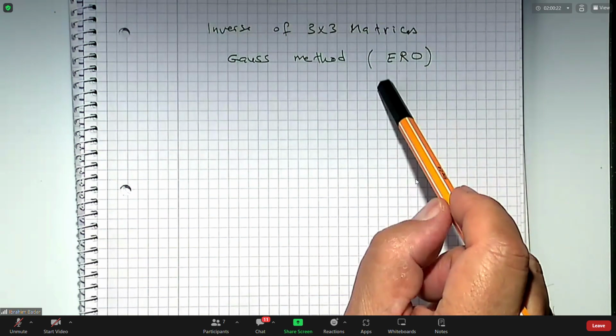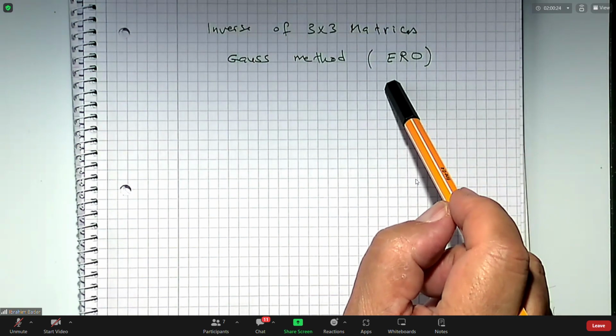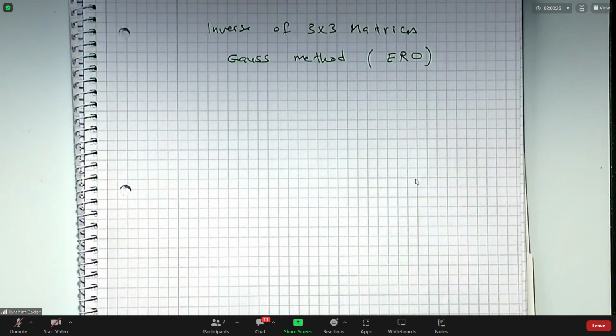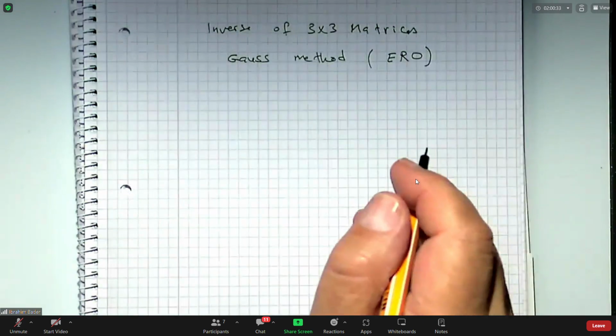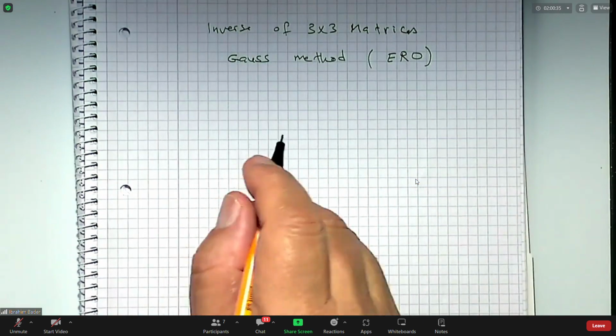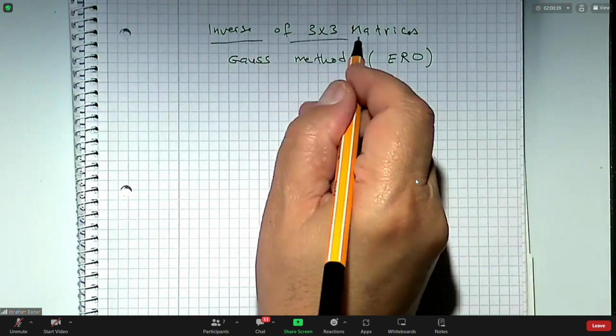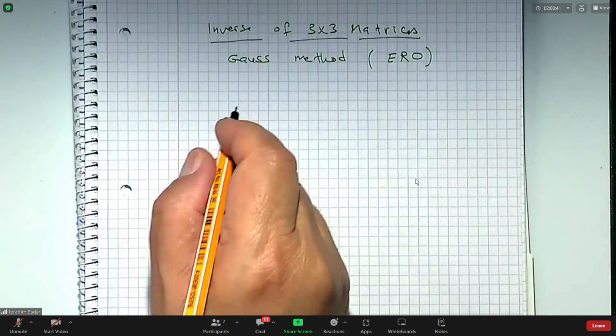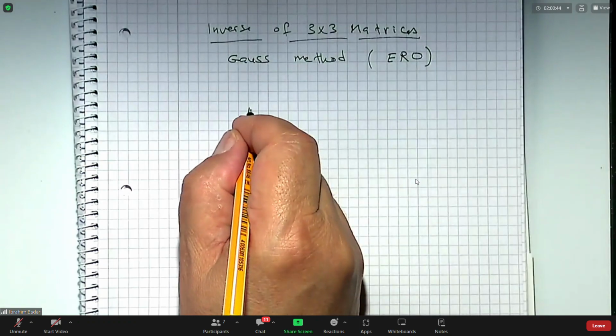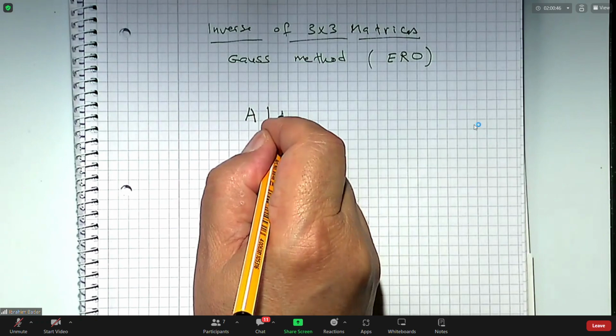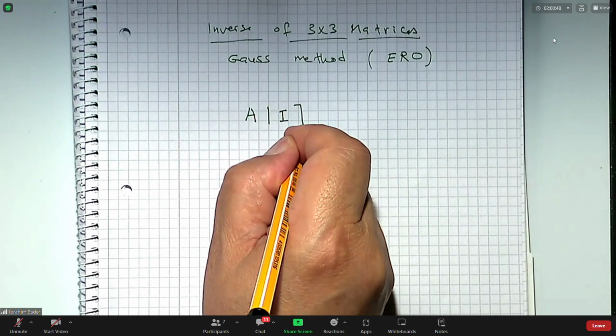You can add 2 rows or subtract 2 rows, and you can flip the order of any 2 rows. This is what we call the elementary row operations. Now here, to evaluate the inverse of a matrix, what we do is we will be forming a new matrix, which is what we call the